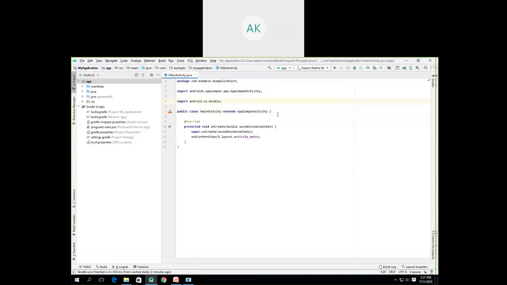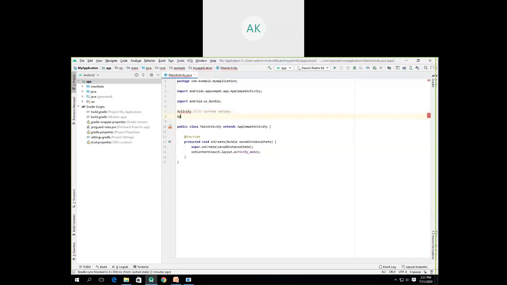You might say that we said we should extend the Activity class. This Activity class will be able to work with the current version of the Android system.